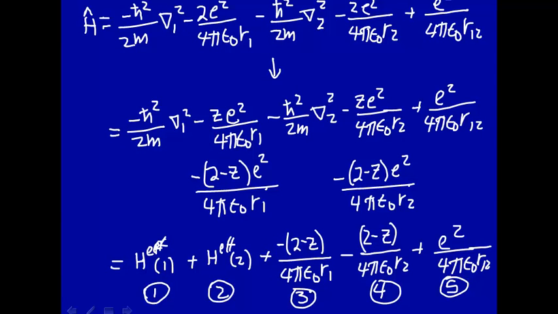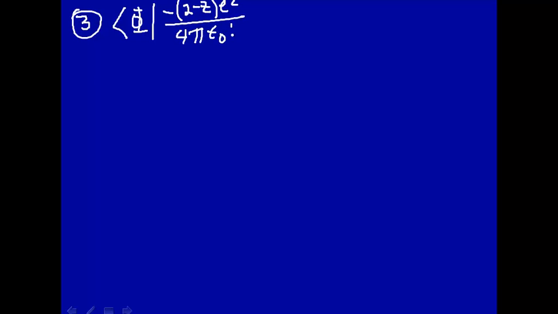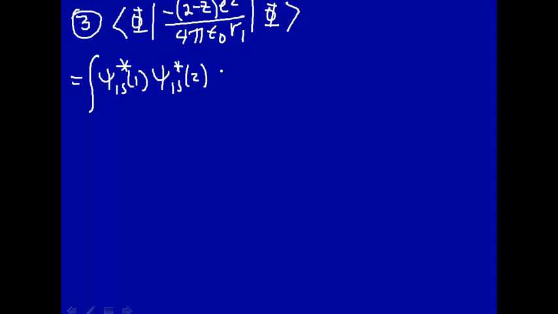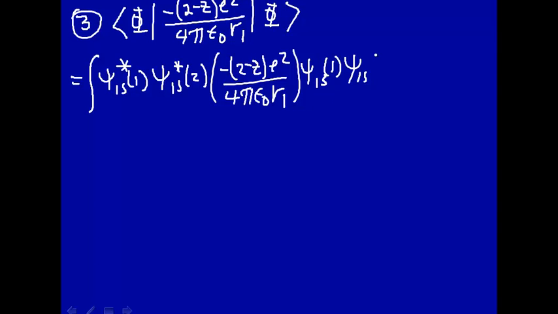So let's do, say, this integral here. Okay, let's do integral number 3. What we're going to evaluate is this trial wave function with this Hamiltonian, minus (2 minus Z) e squared over 4 pi epsilon naught r1, the coordinates of the first electron, times phi. Let's rewrite that as, again, psi 1s for electron 1 star, psi 1s for electron 2 star, and then this Hamiltonian, minus (2 minus Z) e squared over 4 pi epsilon naught r1, just for electron 1, times psi 1s for electron 1, psi 1s for electron 2,